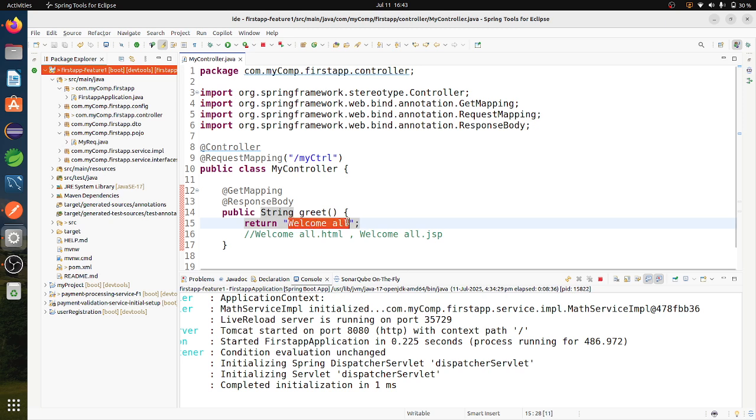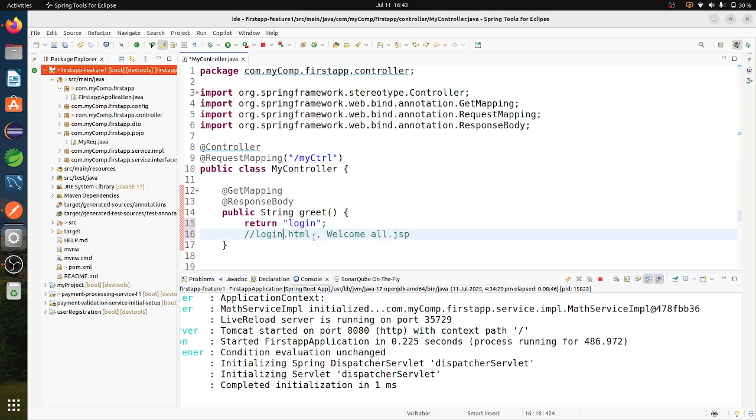If I use login here, I am thinking that login is a page, something like login.html. So I'm thinking that my application contains one page, login.html. So whenever the controller comes to this place, it has to return that login.html page. So I want to do such a type of design.